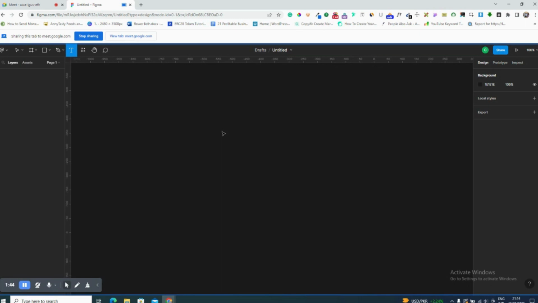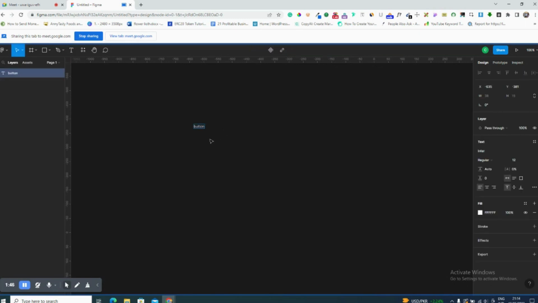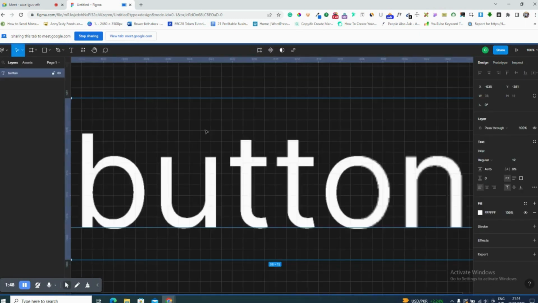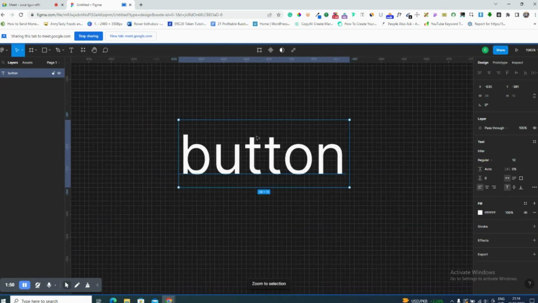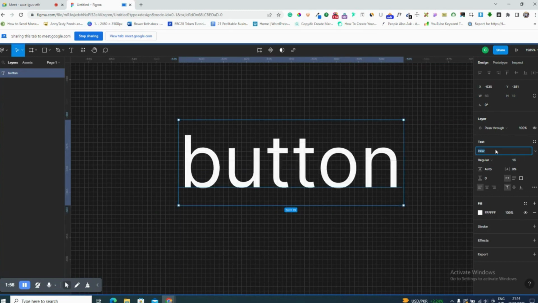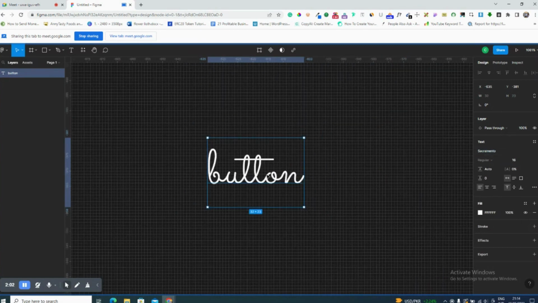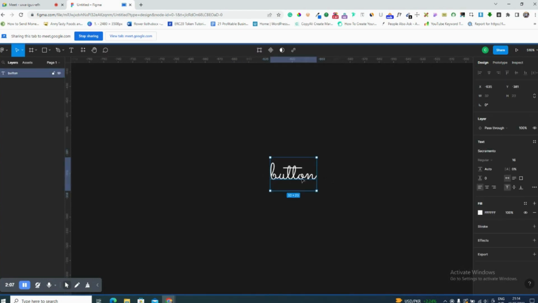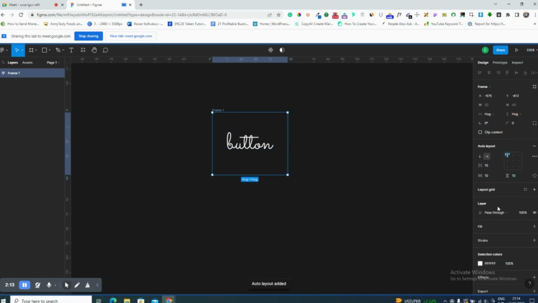Let's say, for example, we want to have a button, right? So let's say, yes, we want to have a button. We want the size of the button text to be 16, right? Then we want the font to be, let's say, Poppins or Sacramento. This is just for example. Now, this is not my button here, this is just a text. So if I put it in auto layout, you know the way we use auto layout to create buttons now,